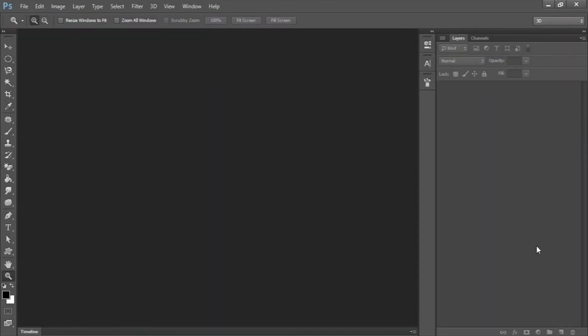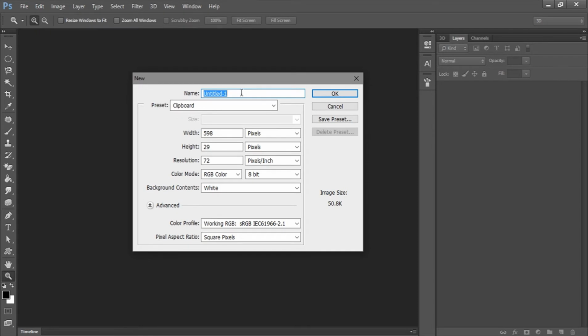Okay, so let's begin. First and foremost, we go to File, New. Here I'm going to name the file Layers. I'll set the width to 1200 and the height to probably 800. The resolution I usually use 300, so I set it as 300. Color mode RGB and the background is white. Okay, so we click on OK,